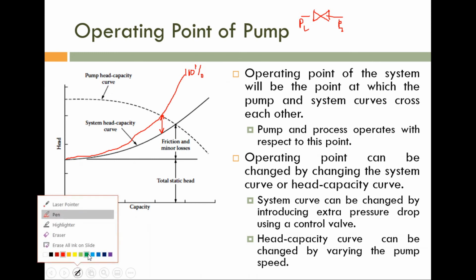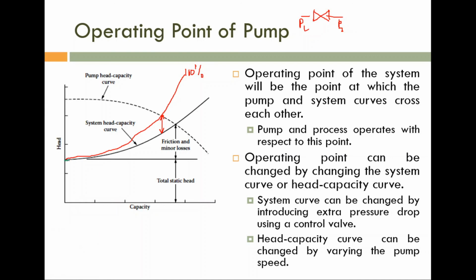Now, with respect to some throttle condition, the valve is almost closed, say 20% opening. This is corresponding to 20% opening. This black color is the system curve without the control valve. With a 20% open control valve, you can see that the system curve is shifted upward. This one is the pressure drop due to that valve. If you are including a valve with 20% opening, this one is the additional pressure drop.